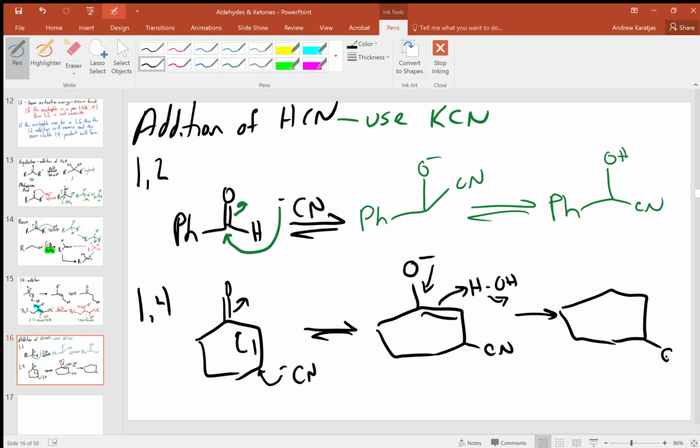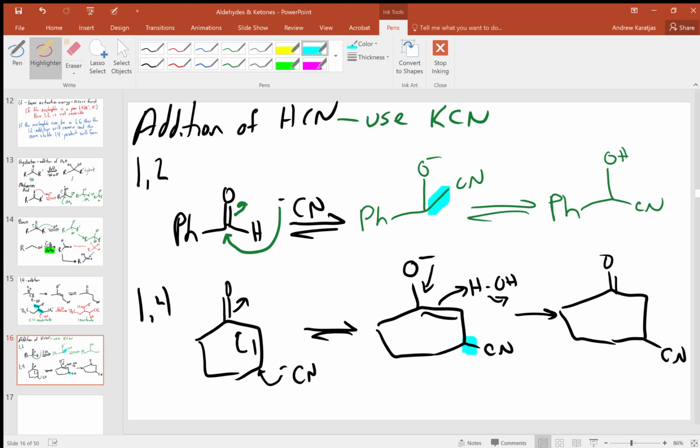So nitriles are something we haven't really talked about yet in this course. We'll actually talk about them in more detail in the next chapter. But the main purpose of nitriles is that it's really easy to convert nitriles to a number of other functional groups, including ketones, carboxylic acids, and amines. And so by adding a nitrile,